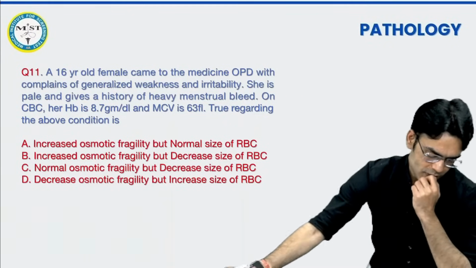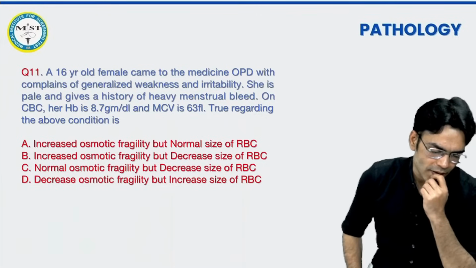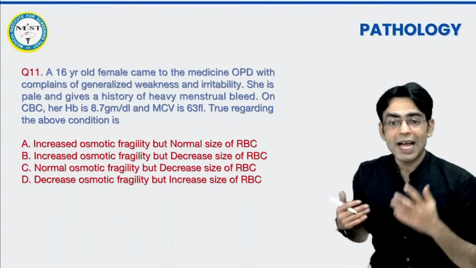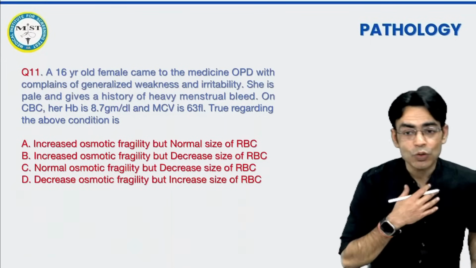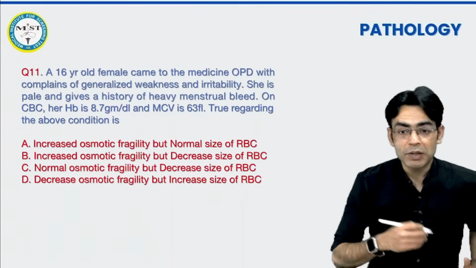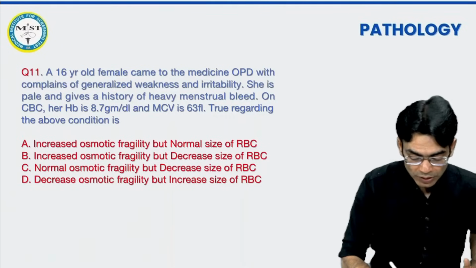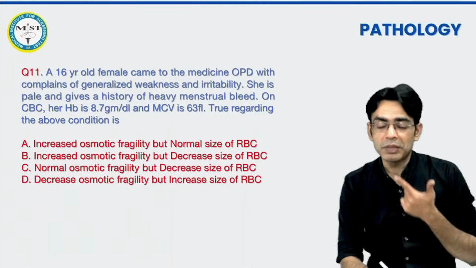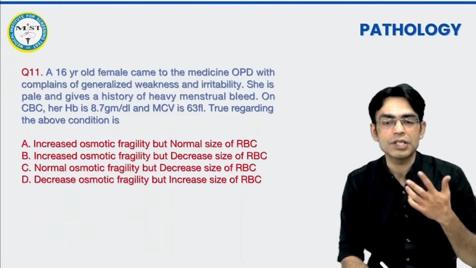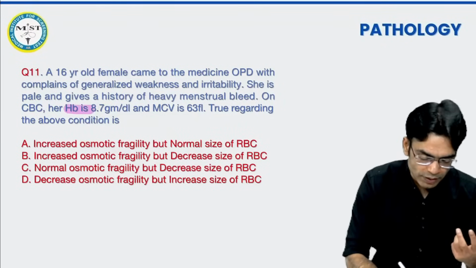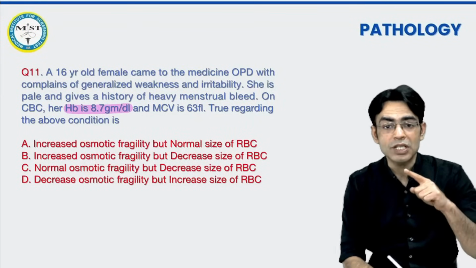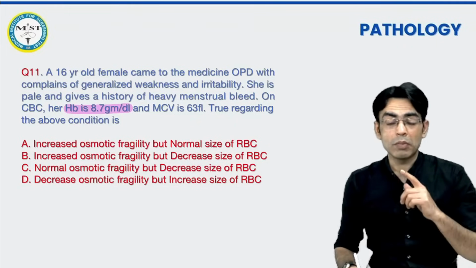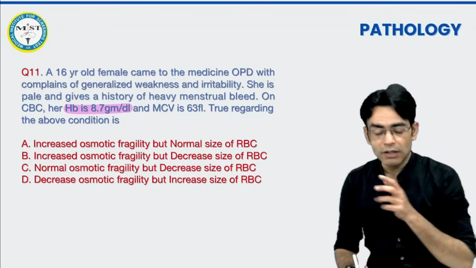चलो आओ. Yes. Jatin, you are right. Twinkle, you are right. Alan, you are right. Yes. बेटा ये क्या केस है? In this case, I'm so happy that you people have identified what it is. देखो, 16-year-old female है, high menstrual bleed है, very heavy menstrual bleed. So obviously she is anemic. तो hemoglobin 8.7 हो गया, and the MCV is 63 femtoliters. 63 femtoliters. Normal MCV कितना होता है? 80 to 100. तो ये कम हो गया.